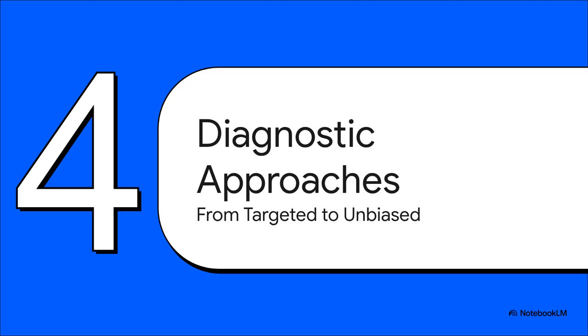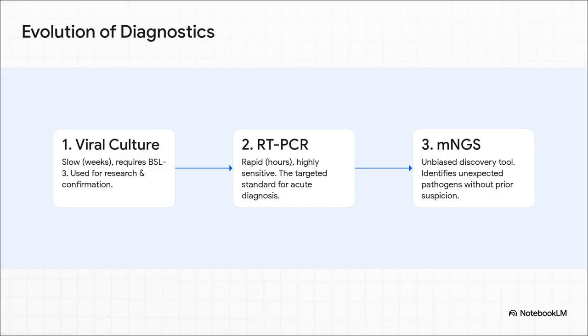So, knowing what this looks like in the clinic, how do we actually nail the diagnosis in the lab? This gets us right to the heart of the challenge and the modern tools that are, frankly, changing the entire game. The journey here is really incredible. We started with viral culture. It's slow, takes weeks, and you need a BSL-3 lab, but we still use it to confirm we have live infectious virus. You grow it in vero cells and watch for those classic cytopathic effects, the cells rounding up and